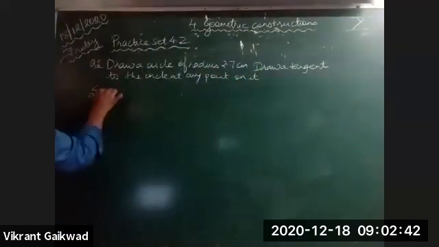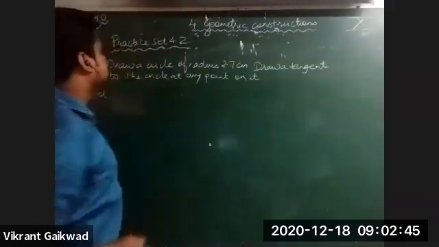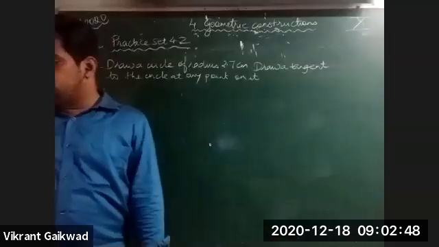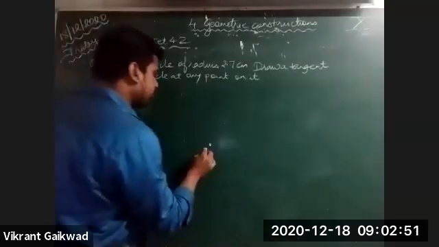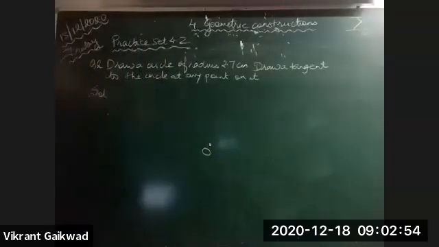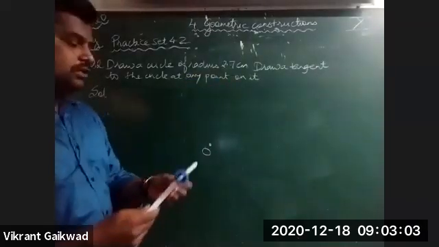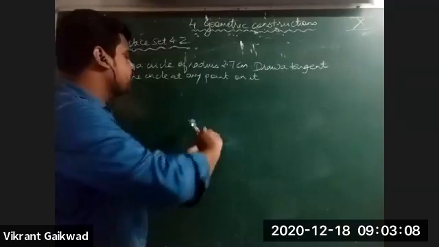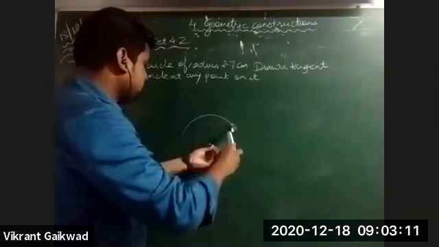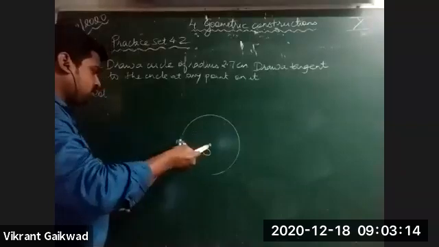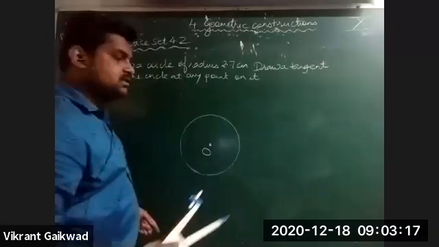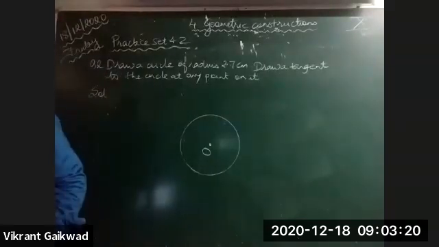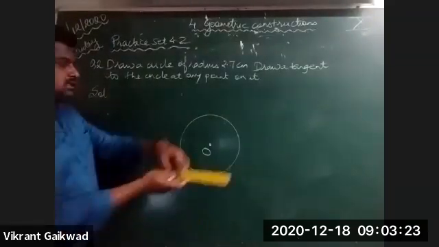So again the same thing. Now here the name of the center is not given to us. So what we'll do is we'll take say O as the center of the circle. In the next step, you're going to take a distance of 2.7 on your rounder, tip at O, and draw the circle. Is this clear? So I've drawn the circle.